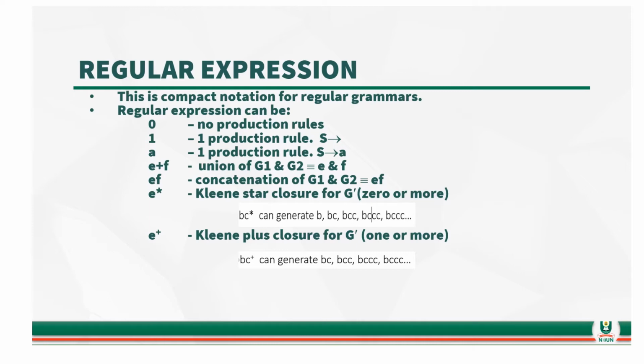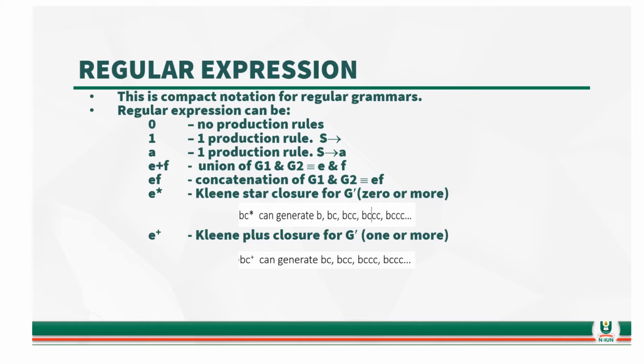For instance, if we have BC star, that means we can generate a B, with no C, that means the C might be empty. And then we can generate BC, that means one C. We can have more than one C, 2 Cs, 3 Cs, and more, as we see in the possible sentences to be generated from that